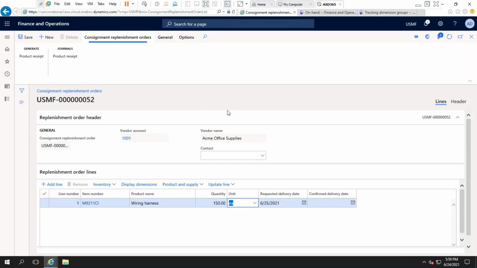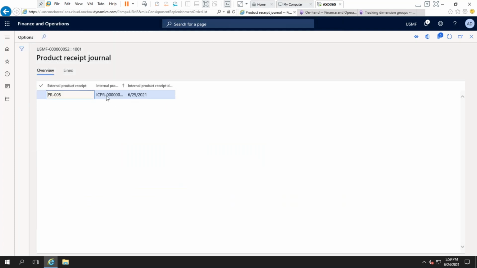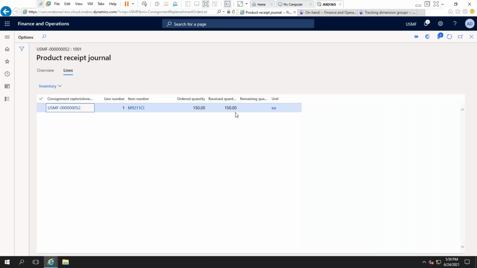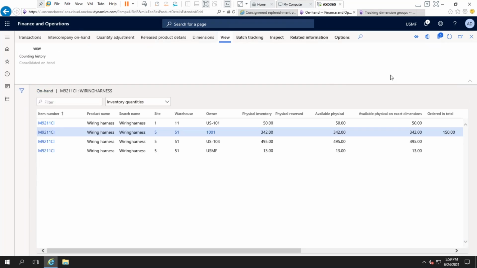So it is updated. The product receipt journal is updated. If you want, you can see the journal. This is just for quantity, how many quantity we have received; that information we can see. Now, if you verify on hand inventory, it will become